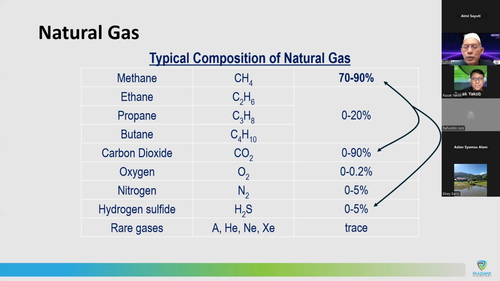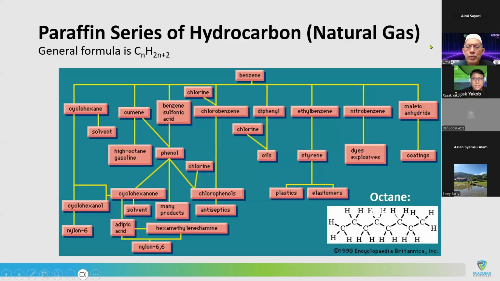gas. So what we should do, once we have the gas coming up from the ground, is really remove the CO2. If, let's say, 100 barrels are coming up from the ground, and 40% is CO2, then only 60% is left for the methane. And of course you have to reduce the other small components, if any. So this is how we value the commercial aspect of the gas: based on the content of CO2, you know. Okay, and then of course for hydrocarbon natural gas, it consists of all those elements.